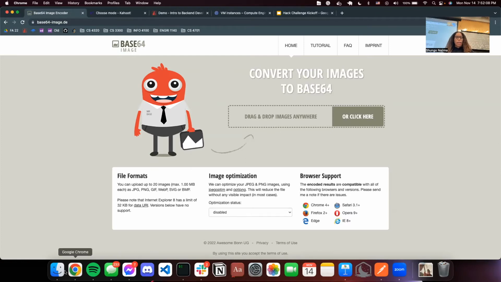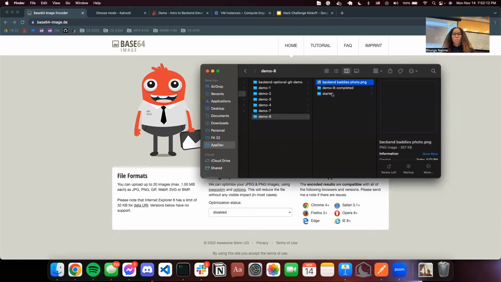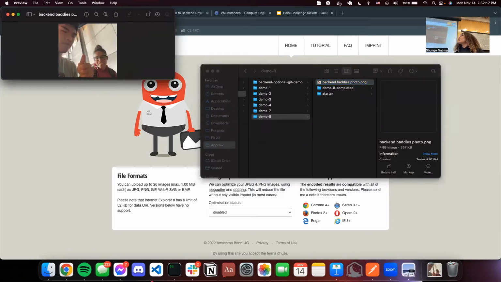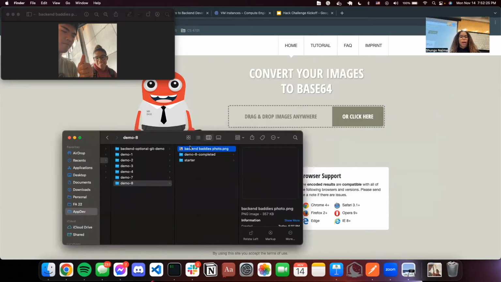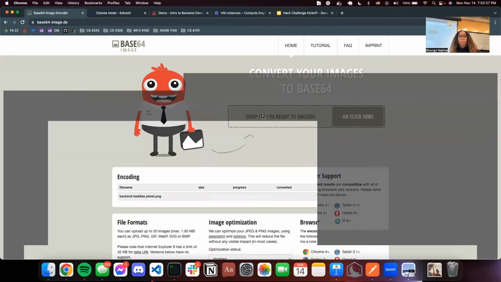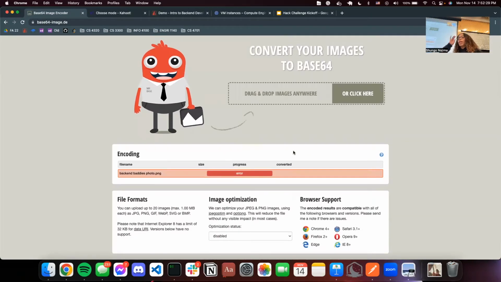So here's an example. Here we have this image of me and Shingo, and we're going to use this to convert into a URL to be saved in our database. So what we do is just drag and drop this image to be encoded, and what this website is doing is encoding it into